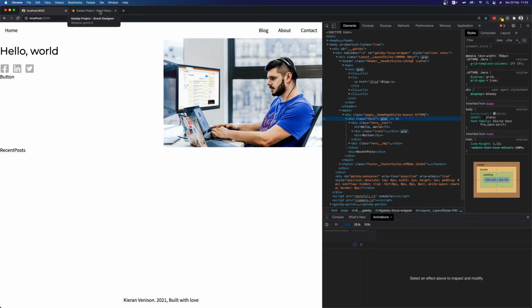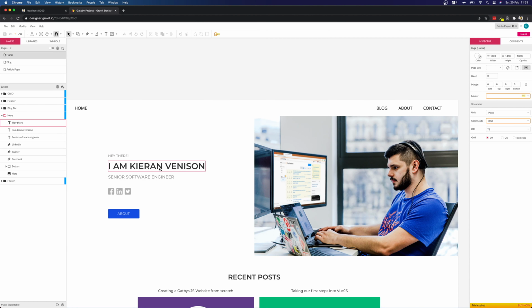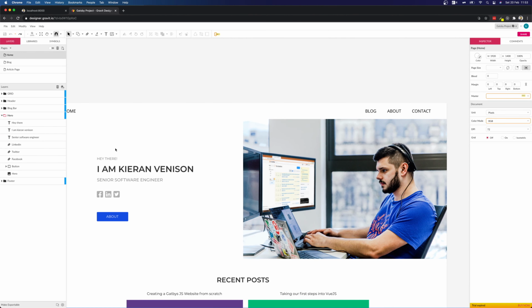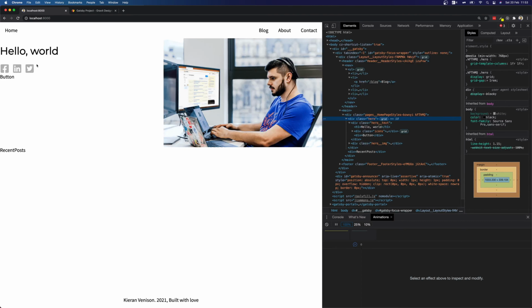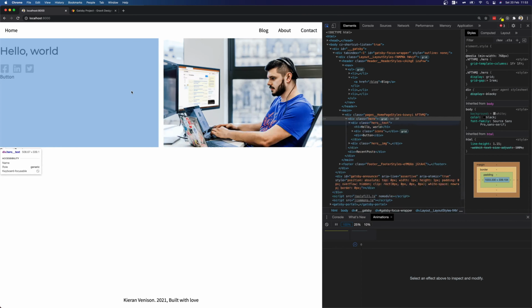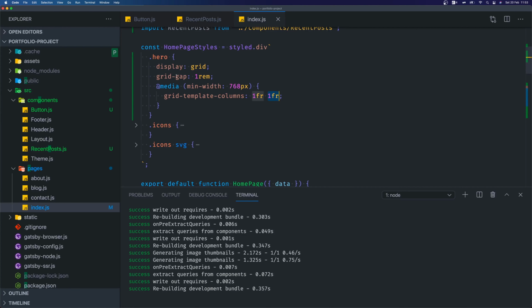Looking nice. If we have a quick look at our design, "Hey there, I'm Kieran Renison, Senior Software Engineer", LinkedIn titles and button are all center of this rectangle. Currently, ours are at the top left. So let's fix that spacing. To do that, copy the class hero text and go back to our code